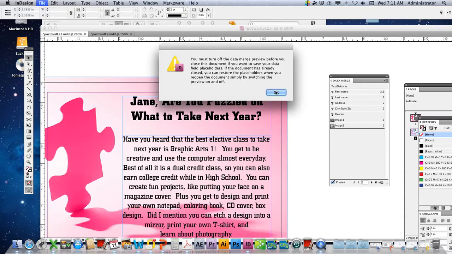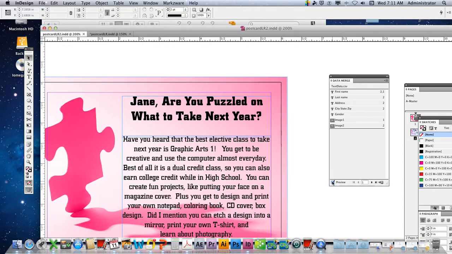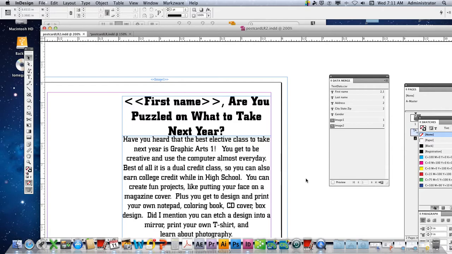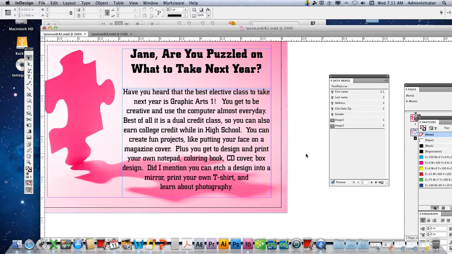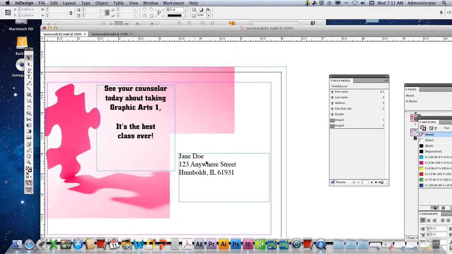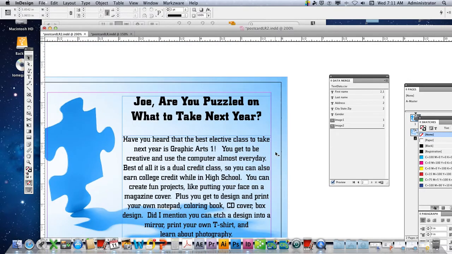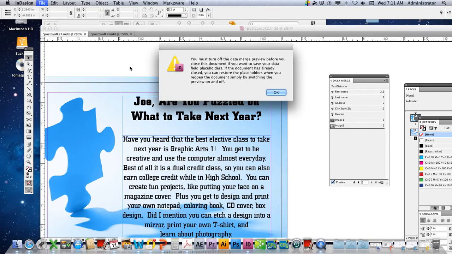Make sure you save it. It won't let you save with the preview button, so you have to turn the preview off and save. So I'm going to turn the preview button back on. This is the girl version, Jane. With the preview on, if I hit the right arrow, it shows the boy version. It changes the name and information to Joe. So once you get that done and you save it,